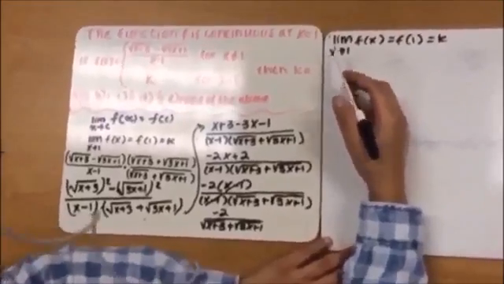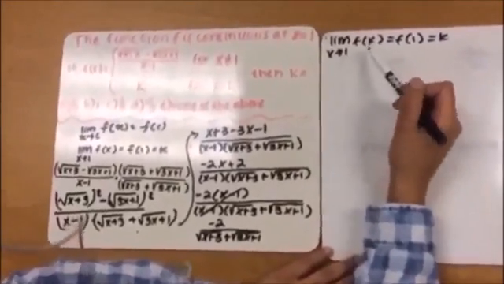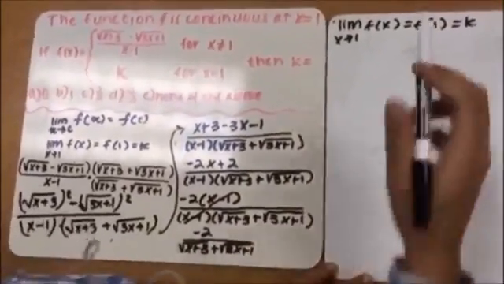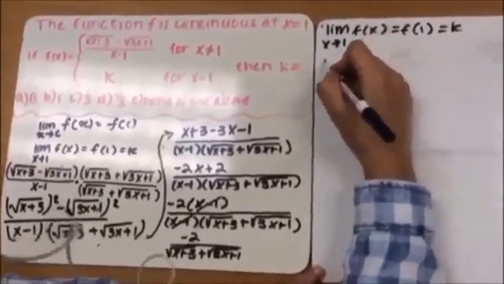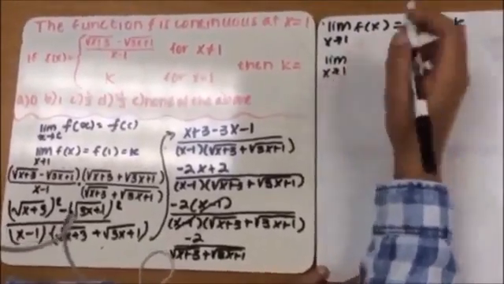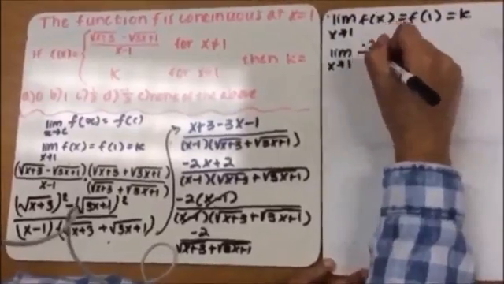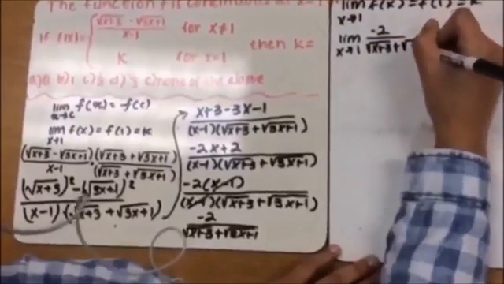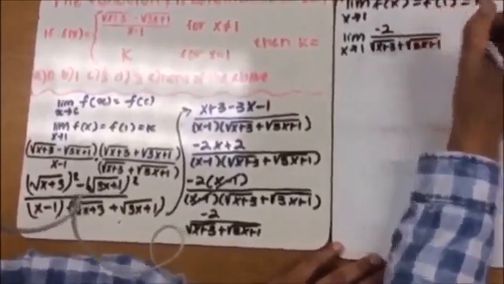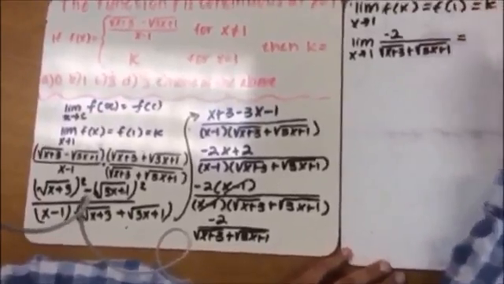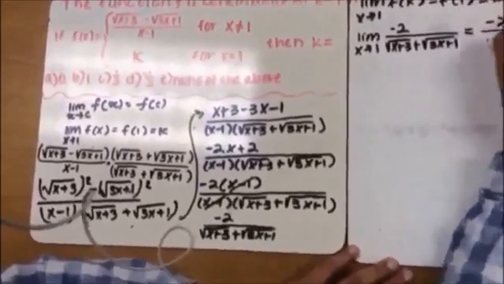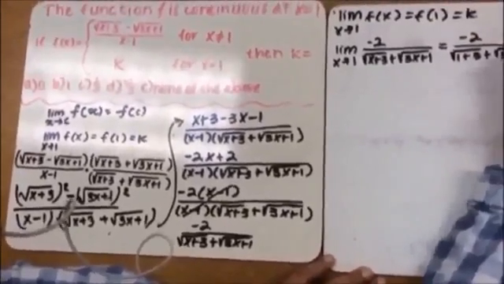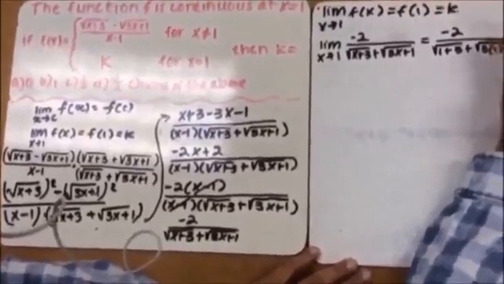As our definition of continuity stated, the limit as x approaches 1 of f of x equals f of 1, which equals k, we can now plug in what we got here into our function. So the limit as x approaches 1 is negative 2 over the square root of x plus 3 plus the square root of 3x plus 1, which is equal to f of 1, which in this case will be negative 2 over the square root of 1 plus 3 plus the square root of 3 times 1 plus 1,